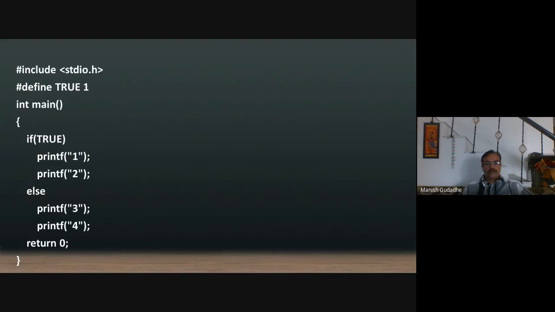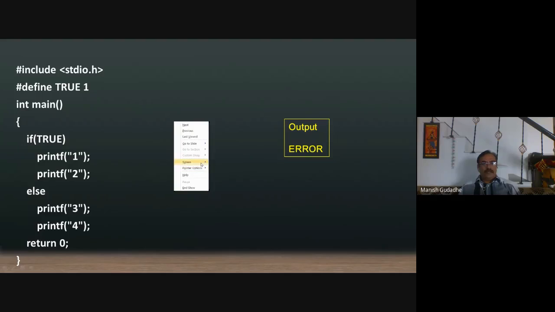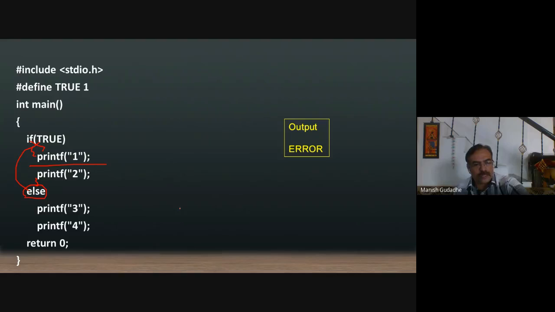Because what happens here is, I am writing if here, and after that I am following it with printf, but I'm not putting opening and closing braces over here. This else is not getting related to the if, and it is going to lead to an error. Okay, so